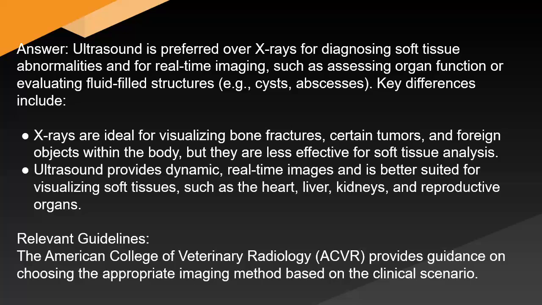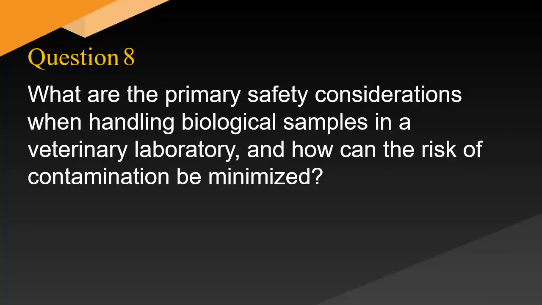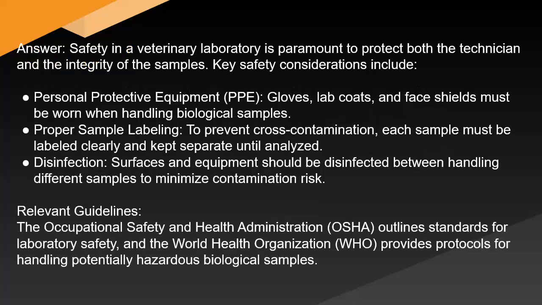on the clinical scenario. What are the primary safety considerations when handling biological samples in a veterinary laboratory, and how can the risk of contamination be minimized? Answer: Safety in a veterinary laboratory is paramount to protect both the technician and the integrity of the samples. Key safety considerations include personal protective equipment, PPE: gloves, lab coats, and face shields must be worn when handling biological